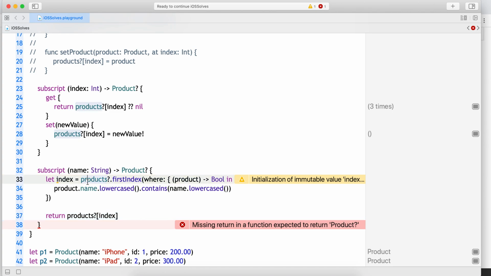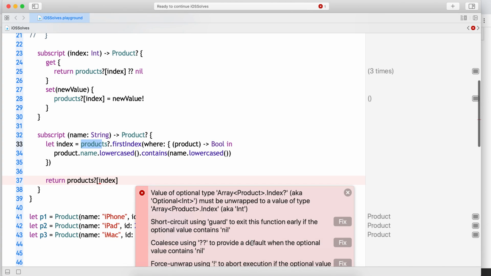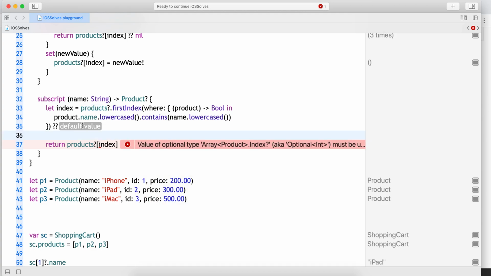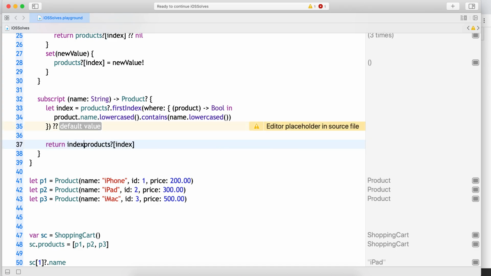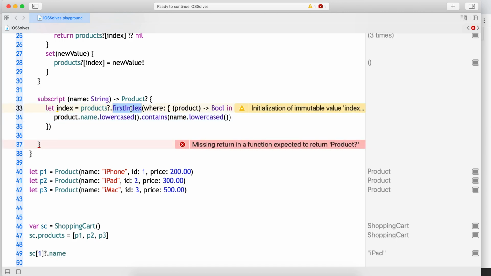Okay, first what I'm doing is, in this products array, I'm getting the first index using functional programming, first